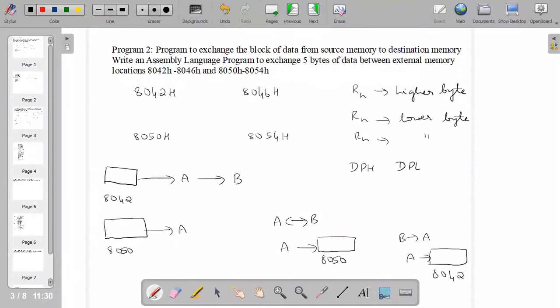So in this way the exchange of content is done between 8042 and 8050, and 8050 and 8042.